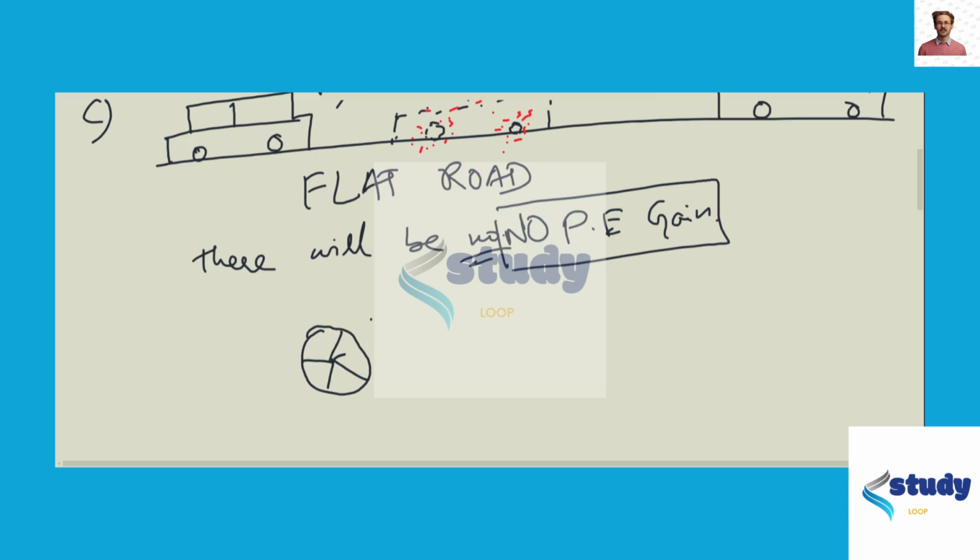Let's say the brake pad is here. So when the brake pad is applied, the wheel will start to decelerate because of the brake pad causing friction. Ultimately, this brake pad will start to heat up,